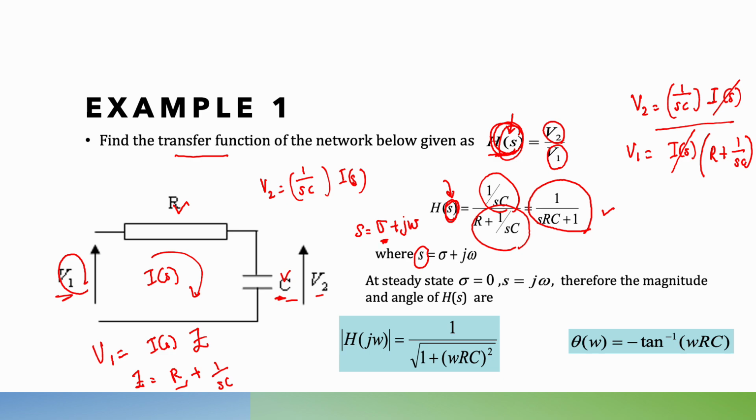Here it says that at steady state, usually sigma is equal to 0. What does steady state mean here? Steady state is equal to the final value, the final value a system approaches